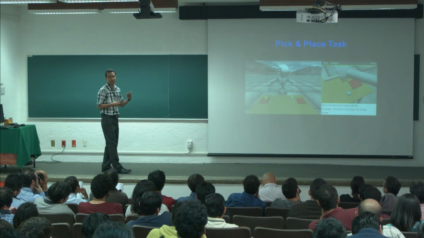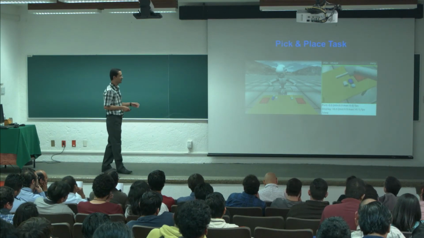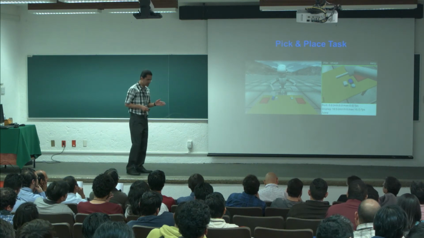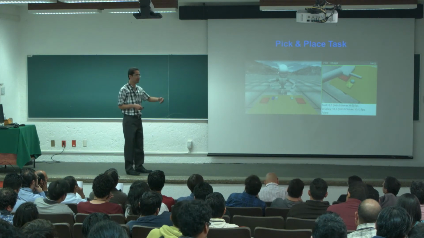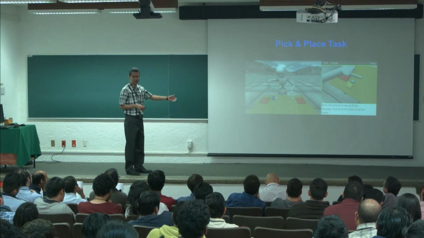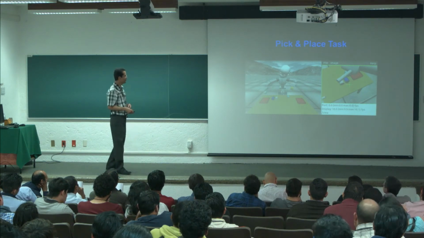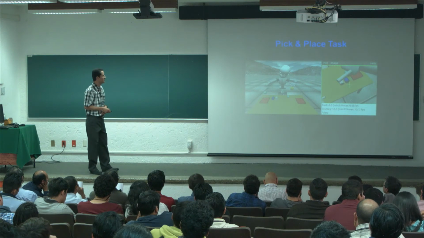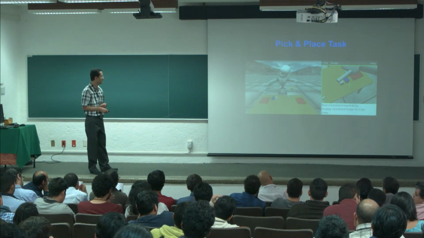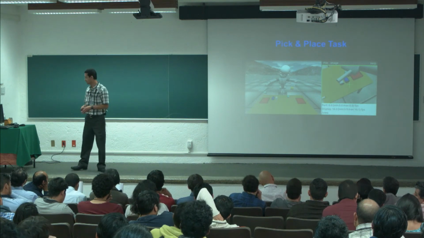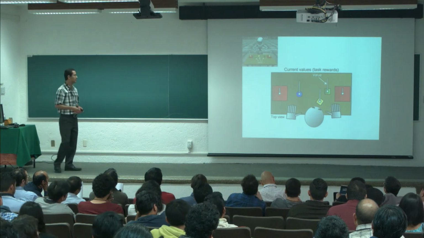So what we are trying to do is to go one step ahead, right? So it's not like, if I need information right now, okay, I am going to look at this object. We were trying to go one step ahead of the task, because we knew how the task was. The robot learned the task using reinforcement learning, so the robot knew the actions and which actions were next.